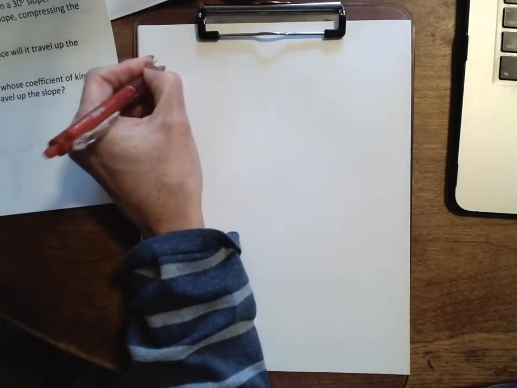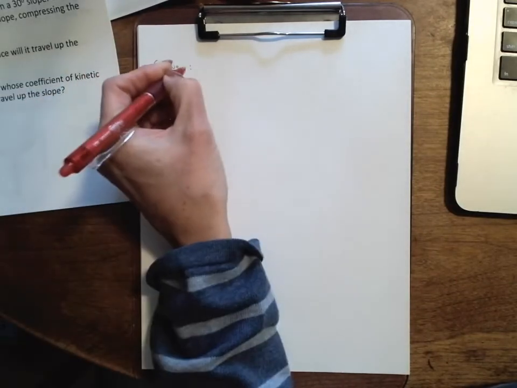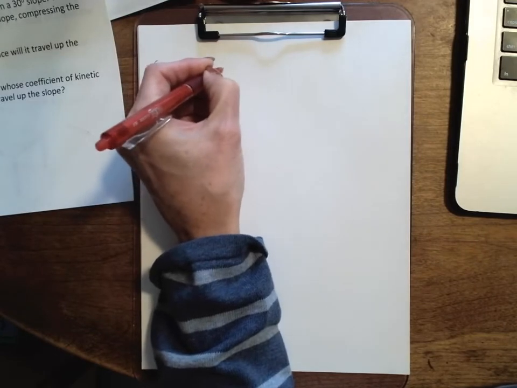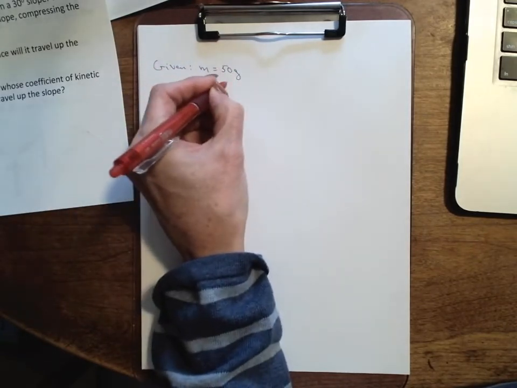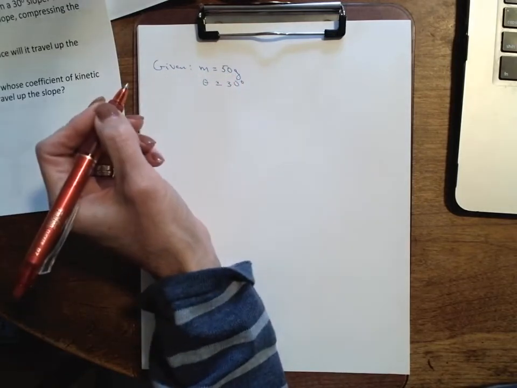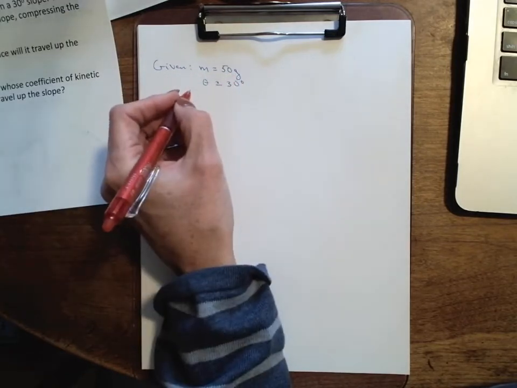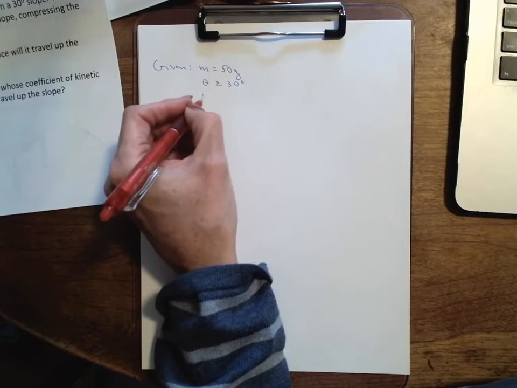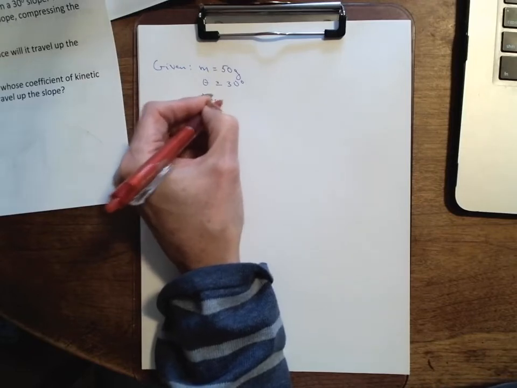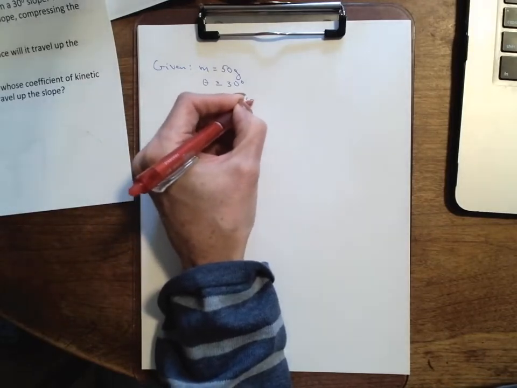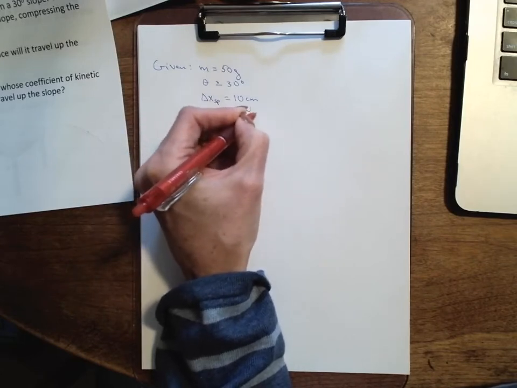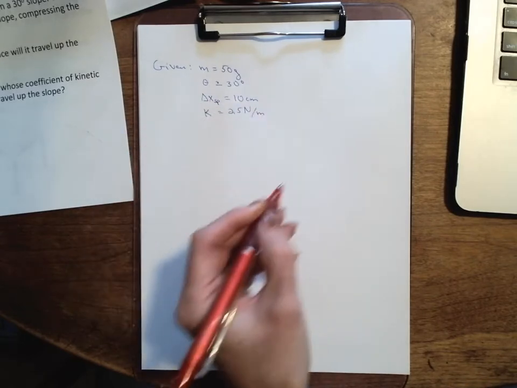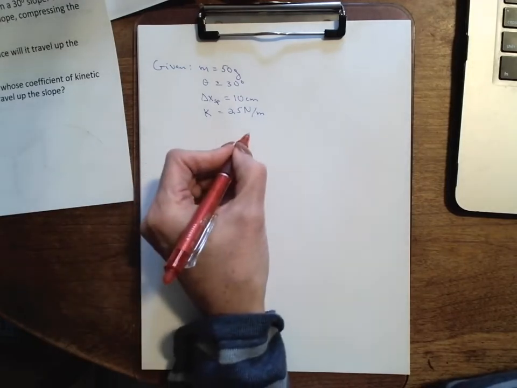So we have our givens. Mass is 50 grams. Theta is 30 degrees. And we have our spring, so our delta x spring is equal to 10 centimeters. And we have a spring constant k equal to 25 Newton per meter. And now we're going to draw our picture. So our picture,